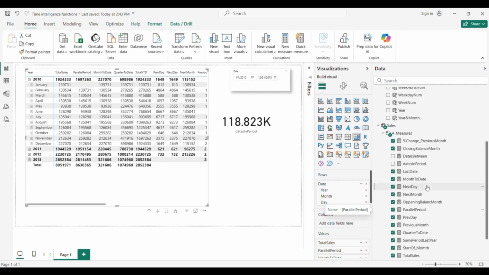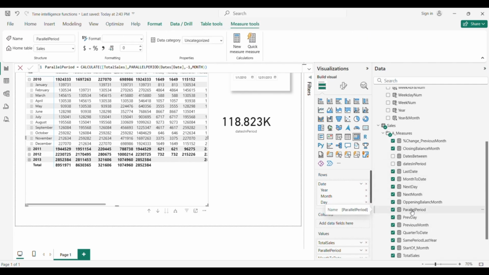But we can also try to change from month to year if we want to see how the sales were in, I don't know, January 2012 compared with 2011. So we can say 1 year, hit enter.